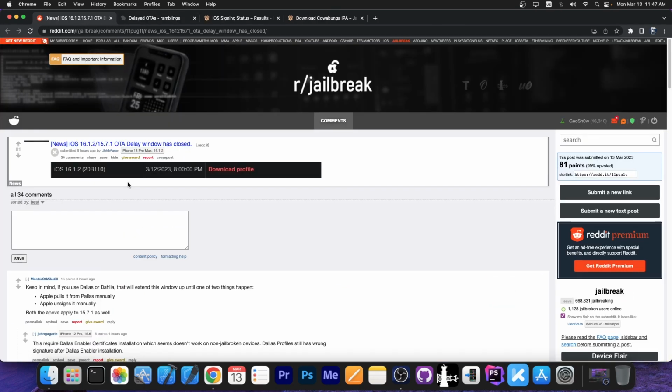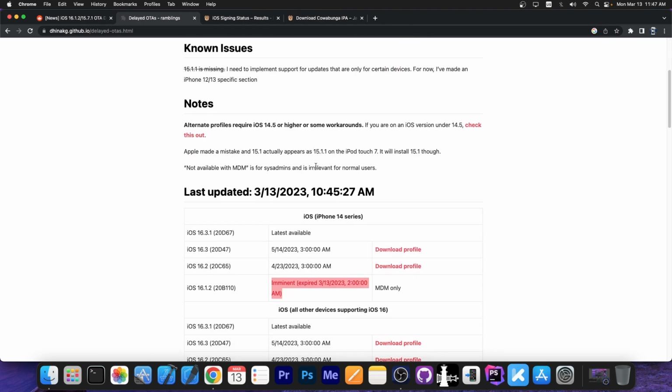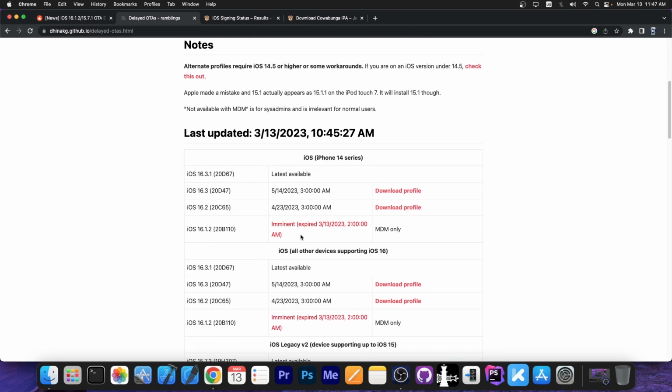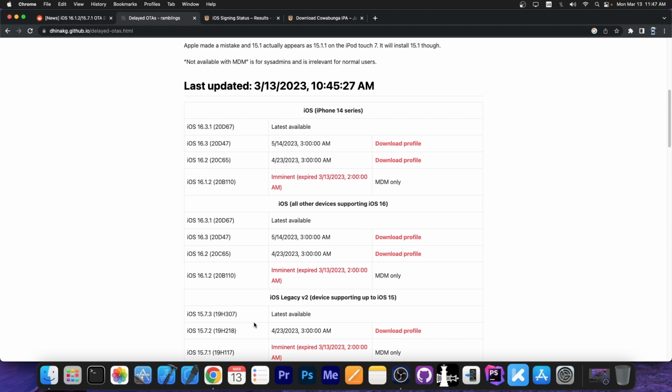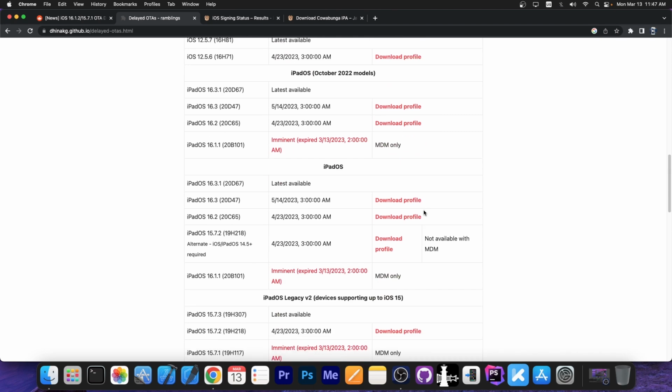So a couple of hours ago, somebody posted here on Reddit Jailbreak the fact that the iOS 16.1.2 OTA delay profile is basically done. It's no longer available. And yes, if you check here on GitHub on the delayed OTAs, it's unfortunate, but as you can see, it says it's now expired. It just expired today. So unfortunately, updates to iOS 16.1.2 with OTA delay from older versions are no longer possible. You cannot supervise your device anymore and download the profile and do the OTA delay, which was nice actually, because you could go from, for example, a very old version like iOS 13, 14, whatever, to iOS 16.1.2,